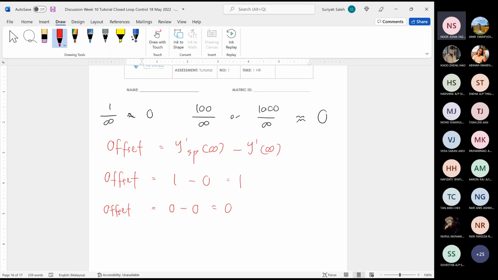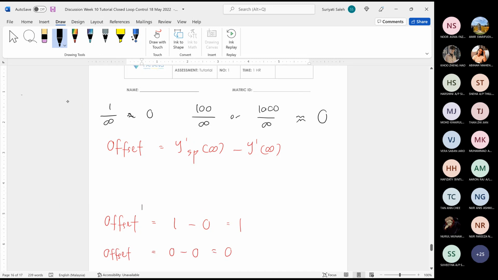Your friend provides two answers. The first one, offset equal to 1, and the other, offset equal to 0. For this part, we still use the same offset formula, y prime sp infinity minus y prime infinity. Since this one is the disturbance change problem,